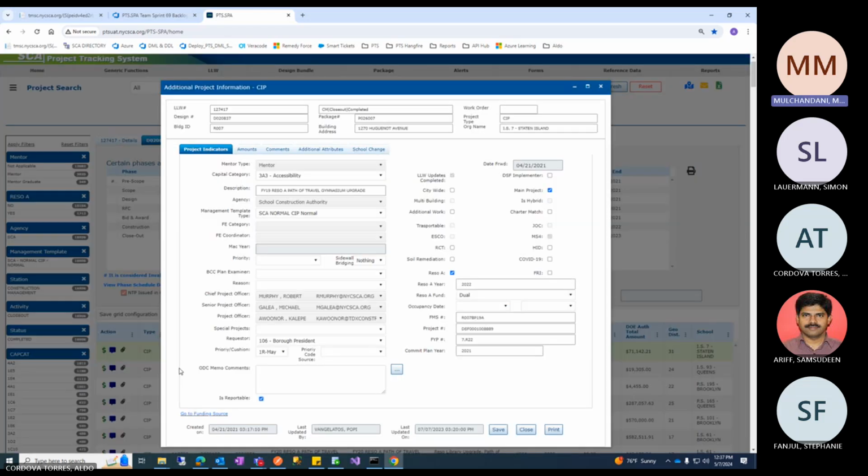On the right section, you see the LLW update completed checkbox towards the top only, right? Yes. So once he's done with this, whatever he has to update at this stage of the project, he comes and marks it as LLW update completed. And that